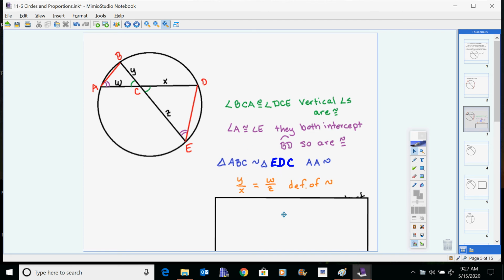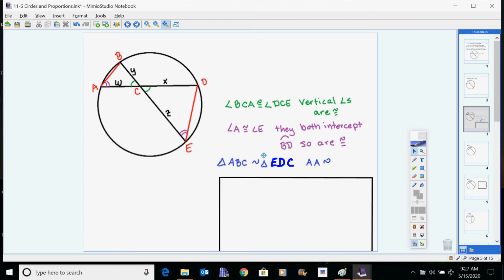So we want to make sure that we're careful. So triangle ABC is similar to triangle EDC. And how did I figure out that there was a mistake? Well, A is the one that's similar to E, so they have to match up. So that's a good example of how you can go back and make sure that you haven't missed anything